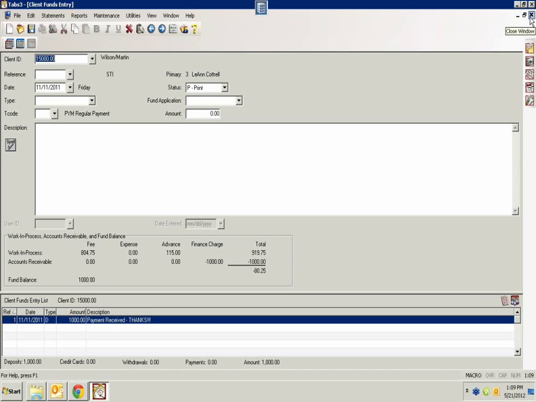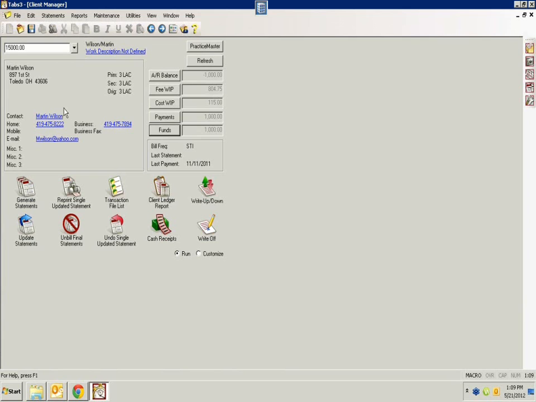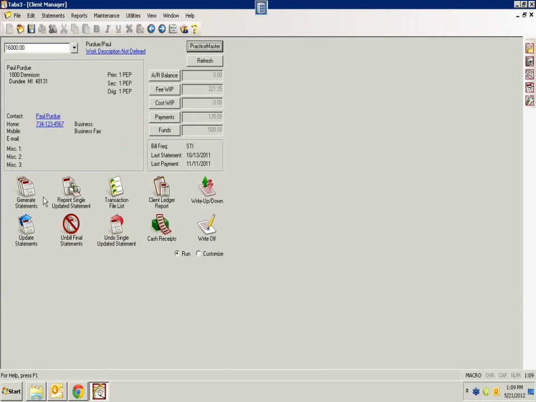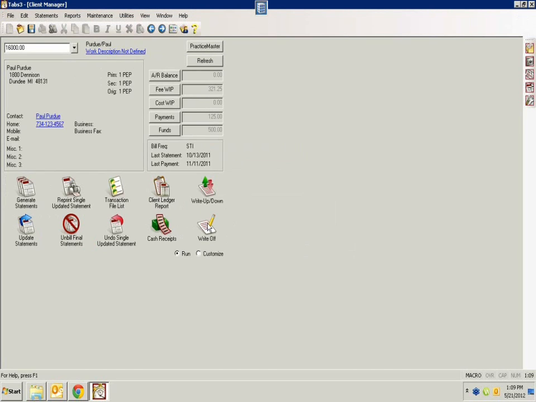And then actually on the statement, if we go out to a statement, I have one that I had put a payment in already. And I believe that was for our Paul Purdue client. And so here you can see that I've got a $500 amount sitting in client funds, and I've got this fee WIP, and I do have a payment in there already that the client had sent in. So I do have a couple of different things here, and when I just do a generate statement and do a draft statement here to look at this,